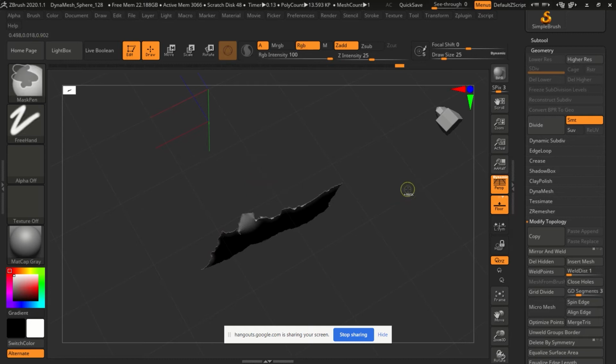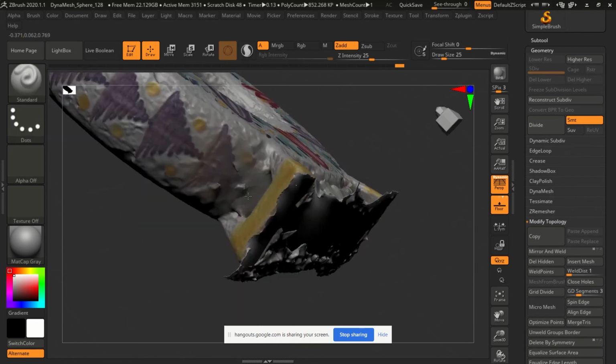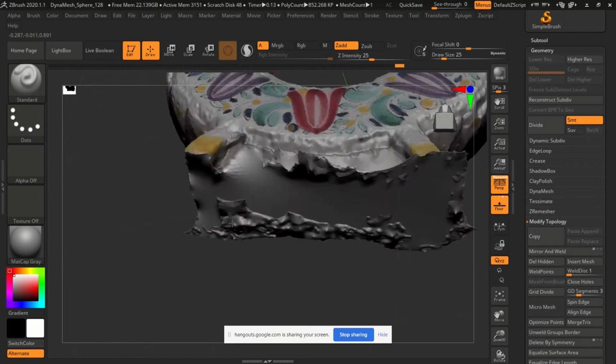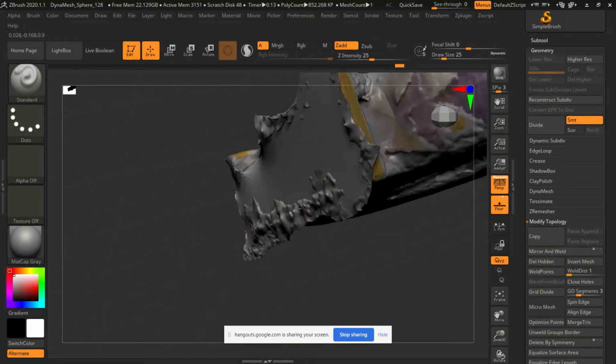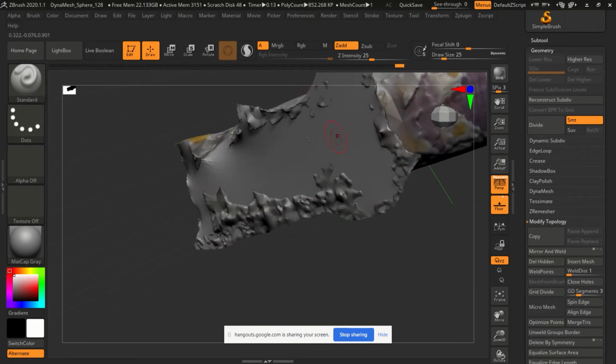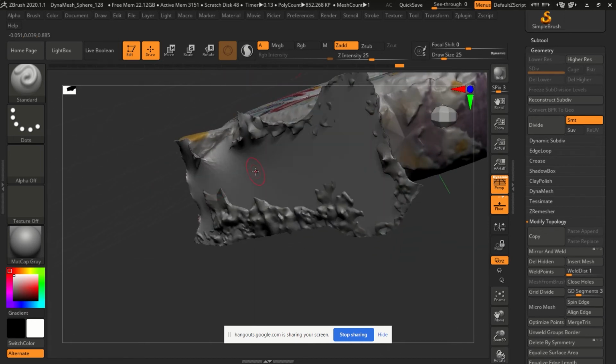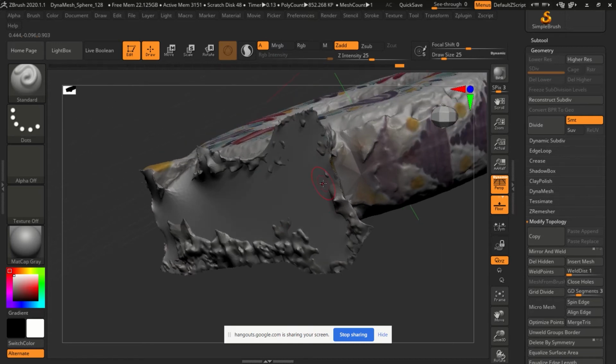So I want to see everything again. I'm going to hold Control Shift and just click outside. If you find that your closed hole face is clipping into the object, so right now you can see that this bumpy part is my original model, while this smooth and flat part is the closed holes operation that ZBrush did, I can actually move that outwards so it's not clipping into each other. And this is what I did with the soil monolith, and that's why on the bottom it's a little thicker, like a